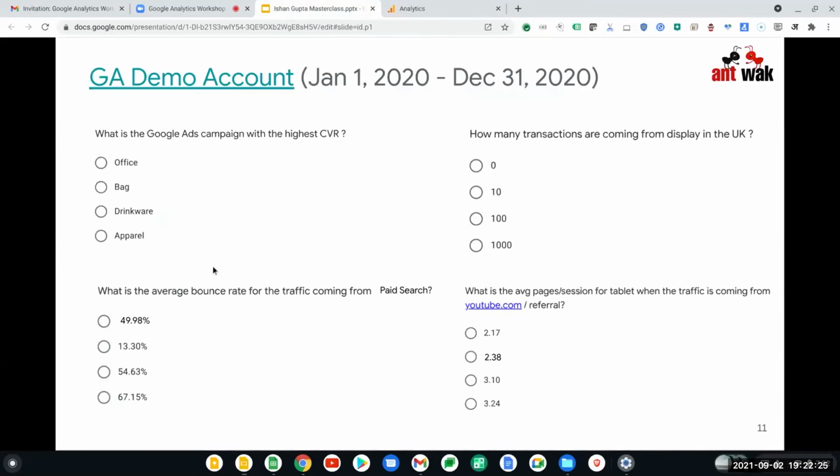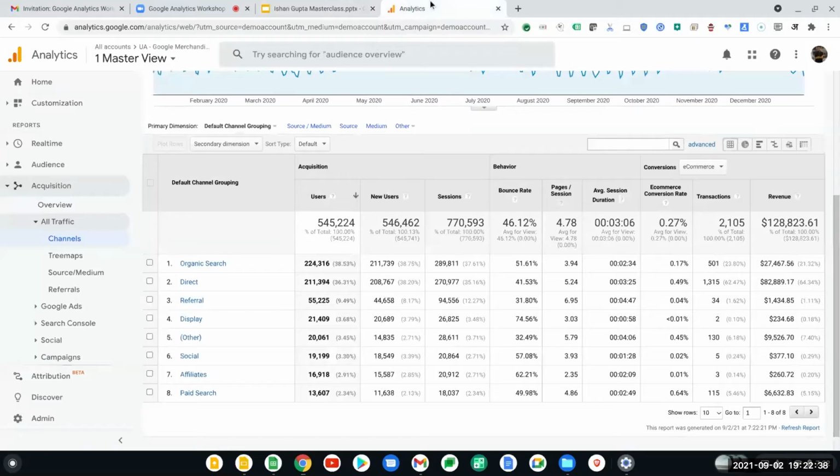What's the answer? So the question is, what is the average bounce rate for the traffic coming from paid search? 49.98%.